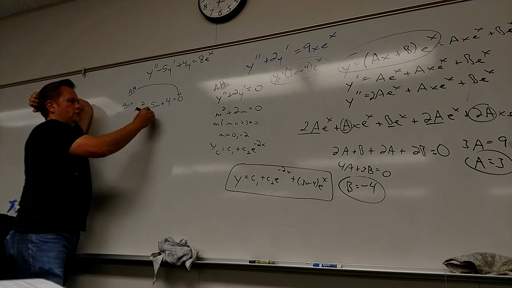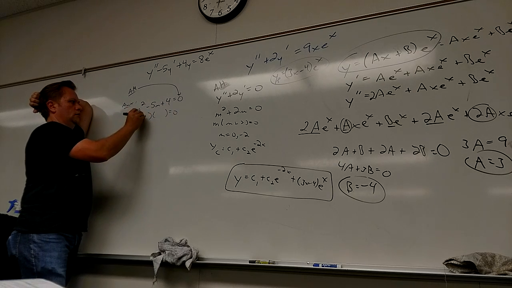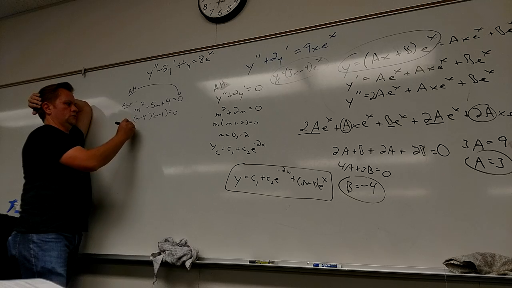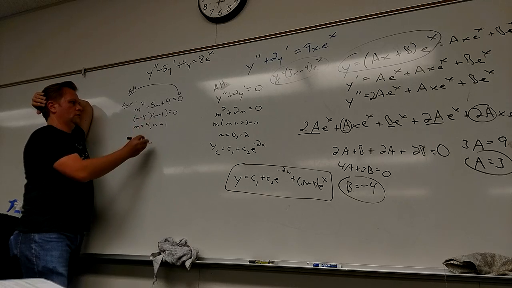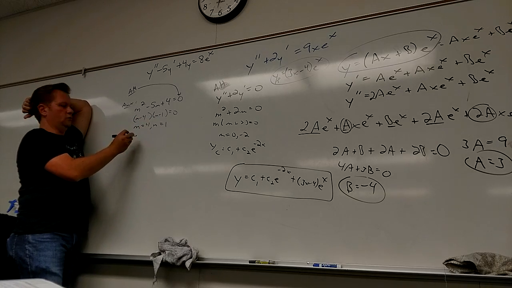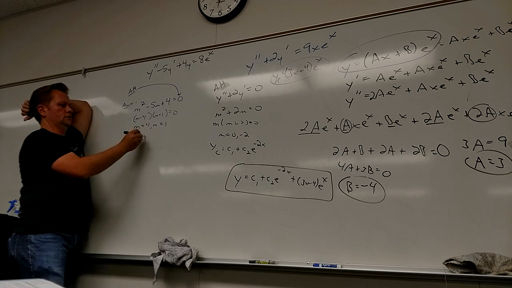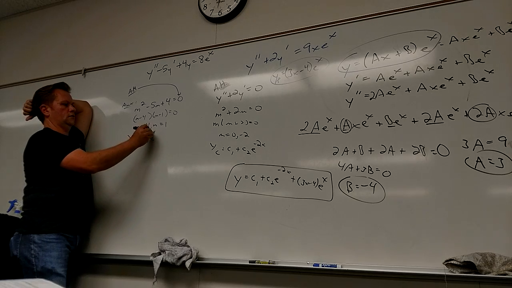So, of course, how do you factor this guy? M minus 4, M minus 1. Beautiful. M equals 4, M equals 1. And then what's your YC? C1 e to the 4x,